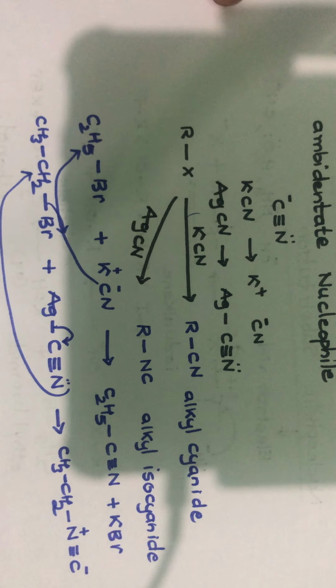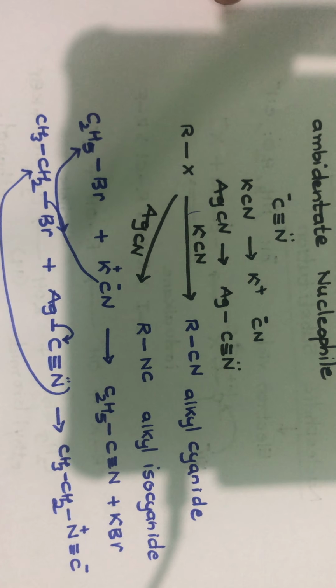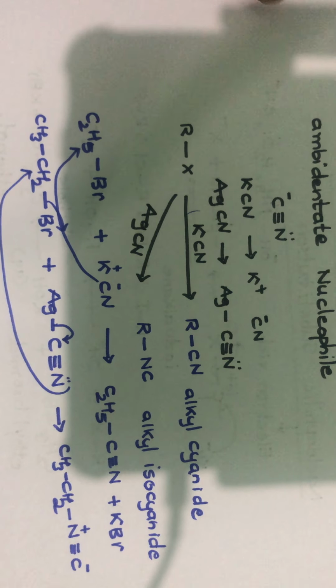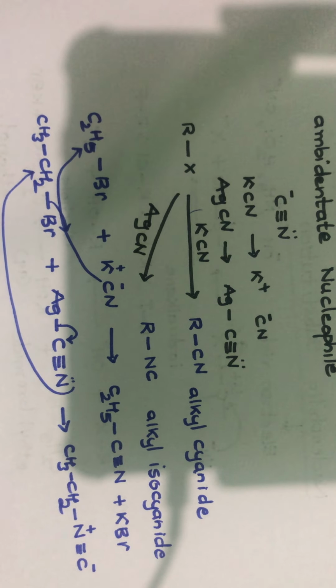We come across another ambidentate nucleophile, that is NO2 minus. So you can even get nitroalkanes or alkyl nitrites also. Let us go through those examples also. So, replacement by nitrite group. Same, CH3CH2Br. If I treat this with KNO2,